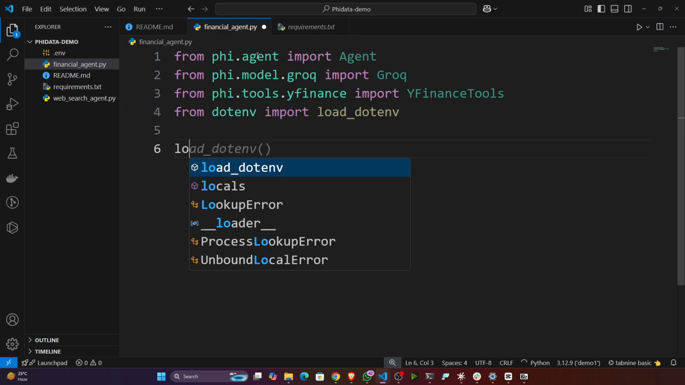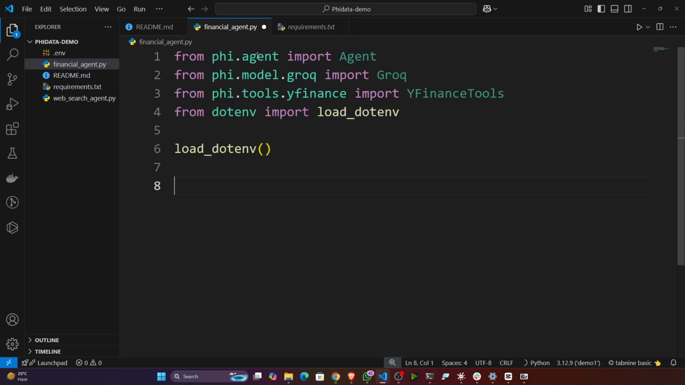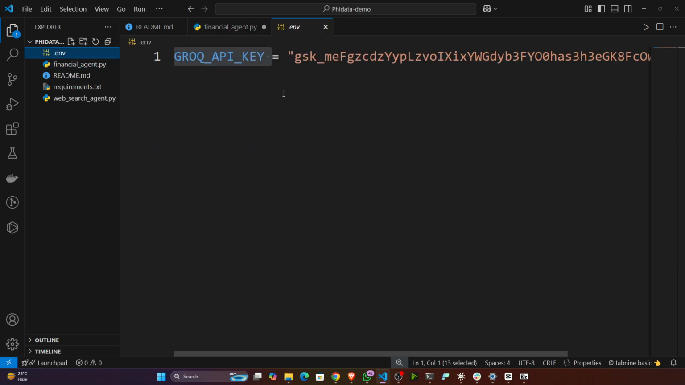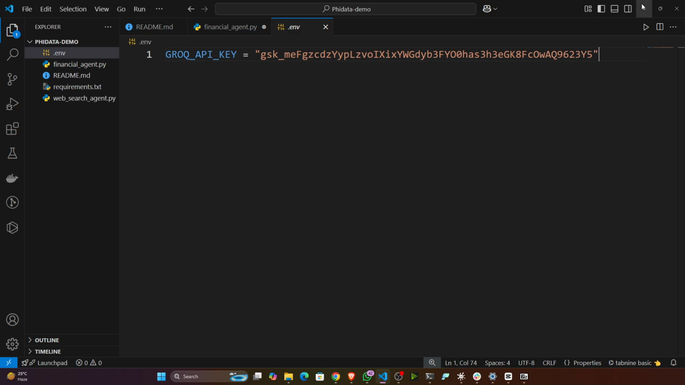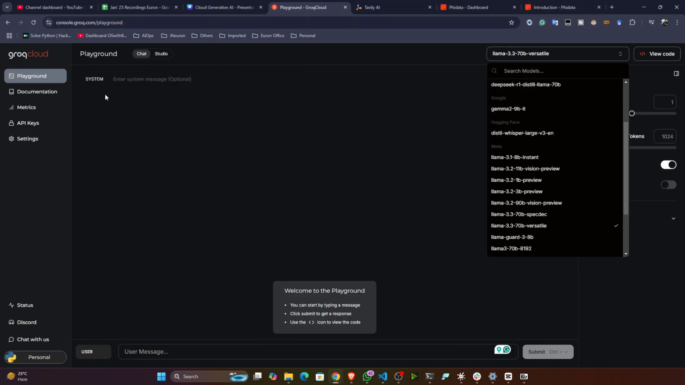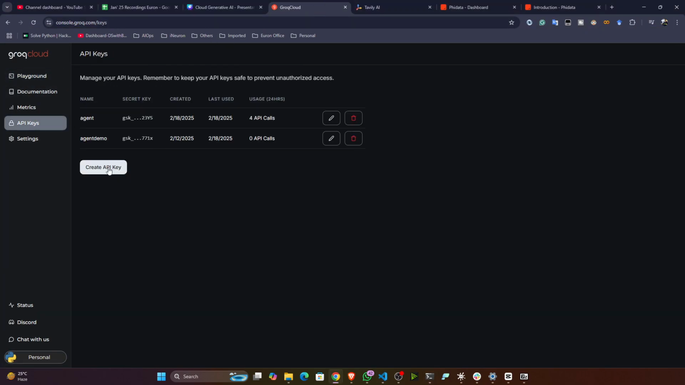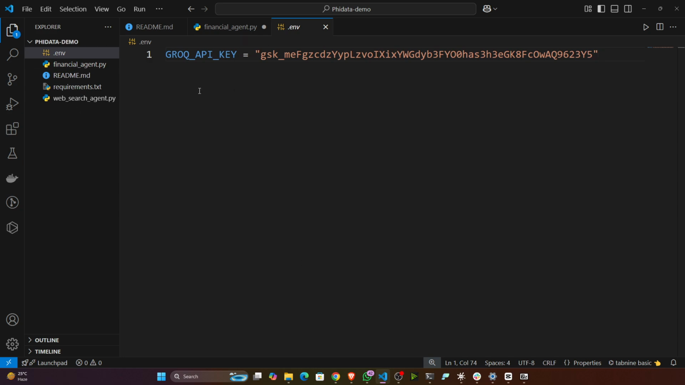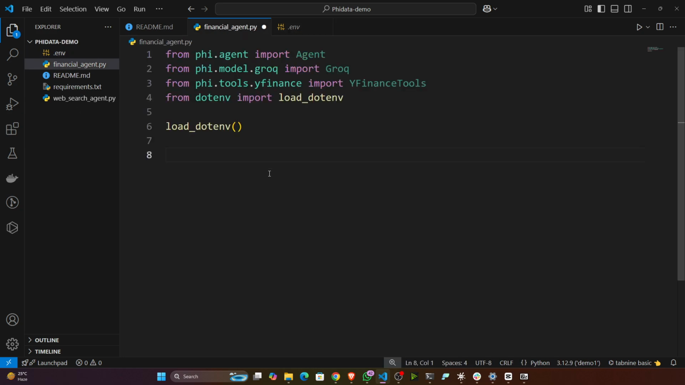Once it is done, let's initialize load_dotenv, and you have to collect the Groq API key. Where will you get the Groq API key? Go to the Groq playground, go to the API key section, create an API key, and make sure you add the API key here. Once this is done, let's initialize my finance agent: finance_agent is equal to Agent, and inside that